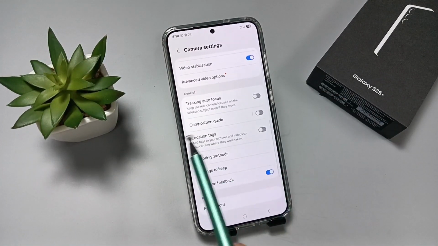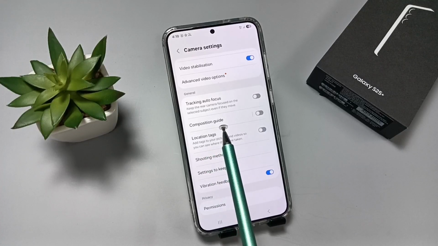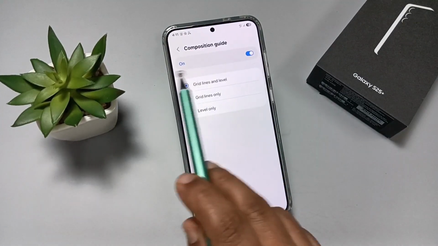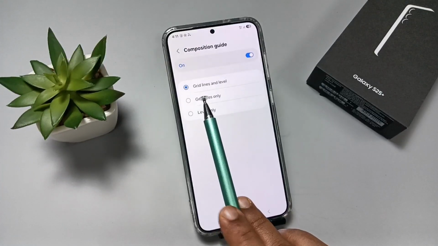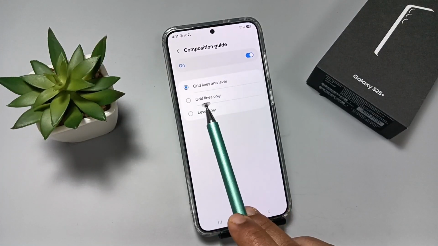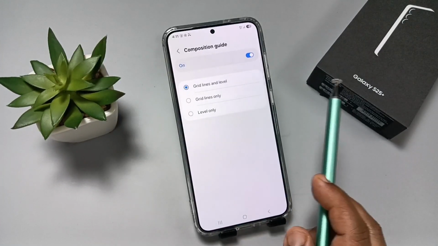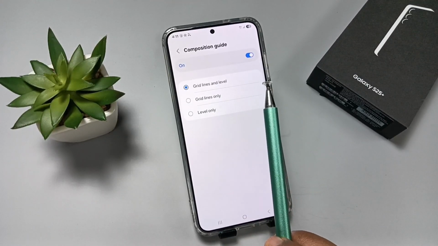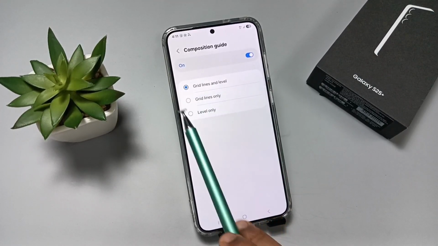Okay, so here you can see the option composition guide. Turn on this option. Tap on this one. Now you can see some options. You can see here grid line and level. Grid lines only, level only. So from here, if you want to view or enable only the grid lines, you can select the second option,